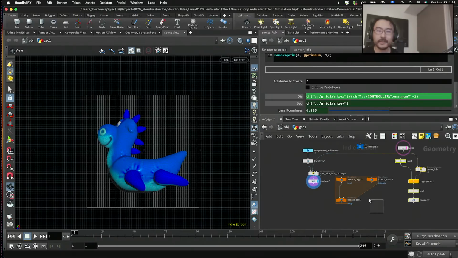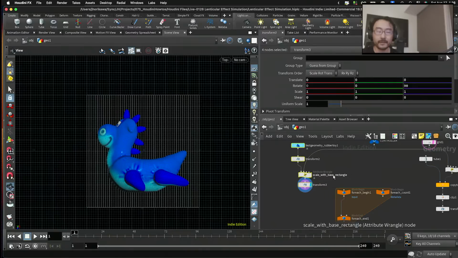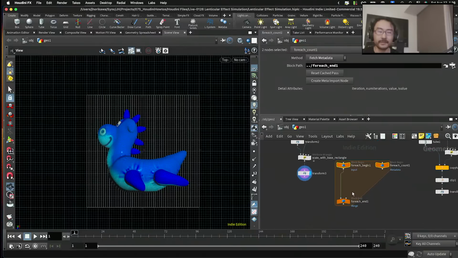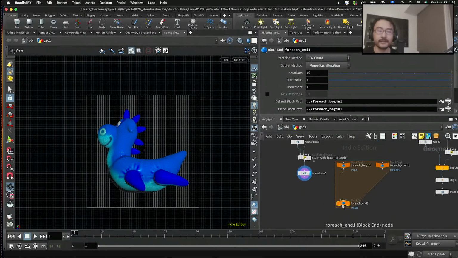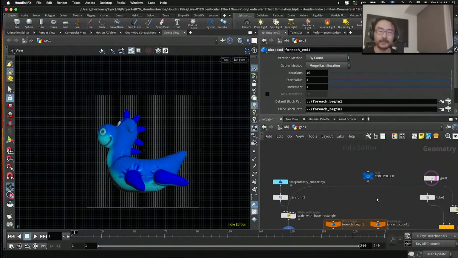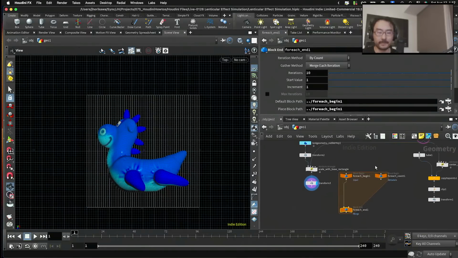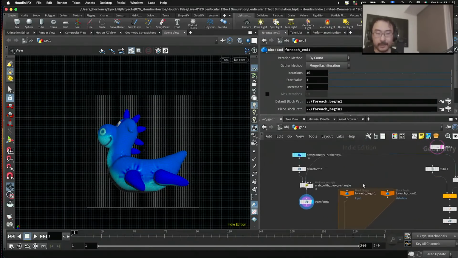I might just be able to do this all in Wrangle, but maybe not. It's not really clear what's going on inside the code, so by using these for each loops, it might look a little bit clearer what's going on here. It's a bit slower, but in order to prototype, I think it's better. Okay, so